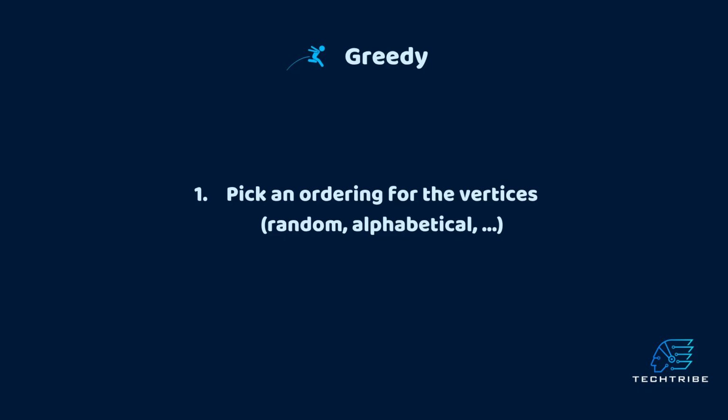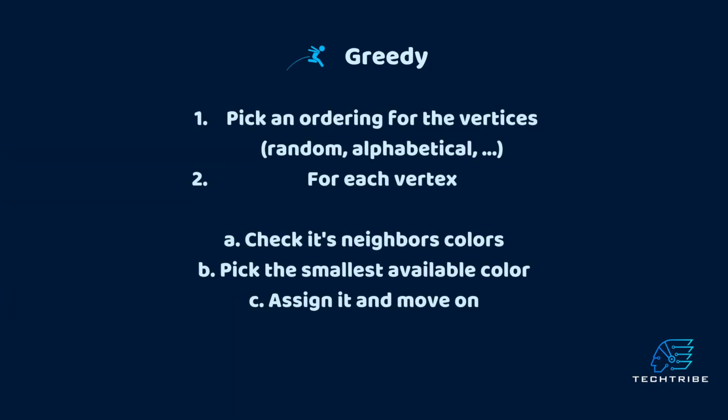In this first case, I'm just sorting in increasing order. Then, for each vertex in that order that we chose before, we check its neighbors to see which colors are already taken. We pick the smallest available color that doesn't conflict with any, and we assign it, lock it in,